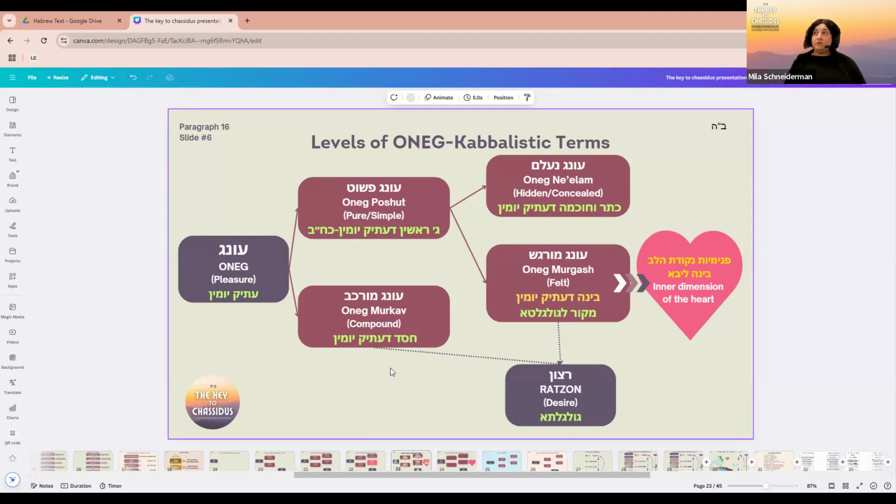So anyway, we're not into self-development here yet, but this is what we're talking about. We're hardly at that level. So murkav means it's an oneg that is contingent on a ratzon, and the ratzon is already outside of self. And we are talking about the level before that, preceding that desire to communicate outside, even in the aspect of a thought.